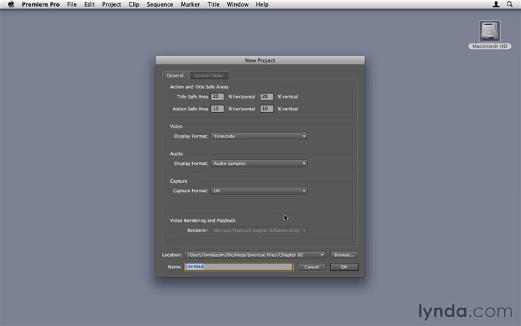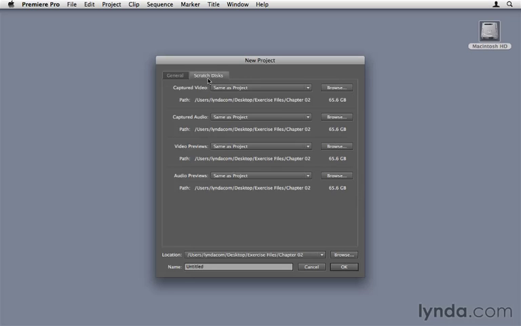Now, thankfully, they've actually simplified this dialog box over the years. There's not too much we need to worry about here. Although we can go to the Scratch Disk tab, especially if you're going to be capturing footage, which we'll talk about later on in this chapter. But other than that, we don't need to worry too much about what's going on here. We just need to pick a location and pick a name here. I'm just going to go with the default for right now, just to go ahead and move on and click